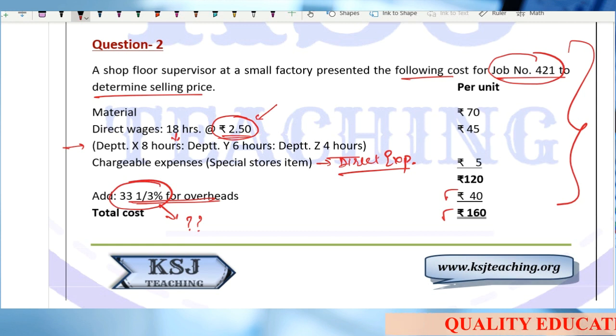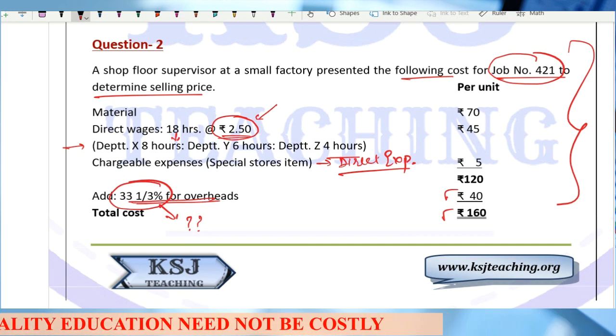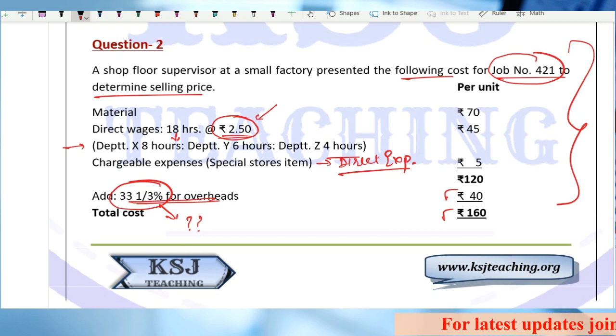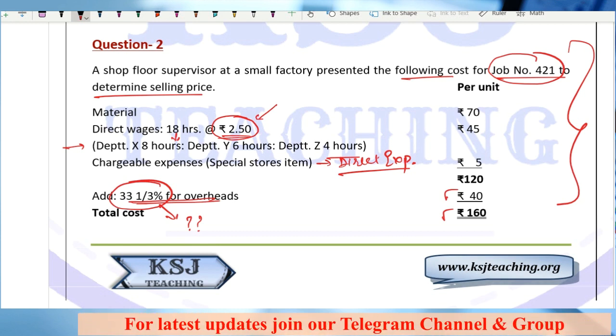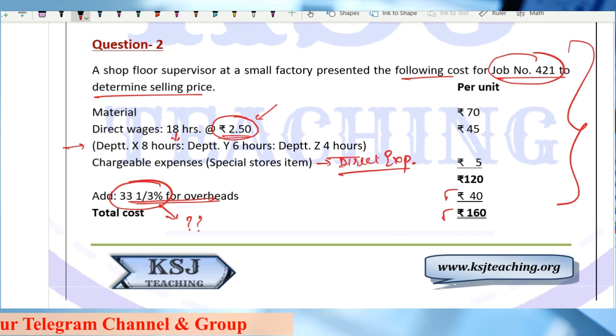We have already studied about the overheads. That overheads we have to recover, we have to absorb on some basis, whether it is the labor hours, or the machine hours, or the material percentage, or the prime cost. So we have to absorb overheads on some basis. Now on what basis is he saying that you should add 33 1/3%? There is no base for that. It is just based on judgment. So that is one major discrepancy from the costing point of view. Clear?